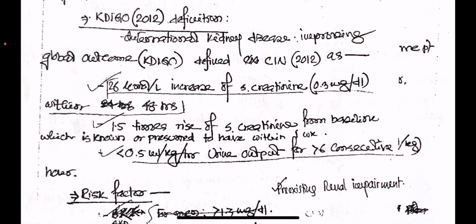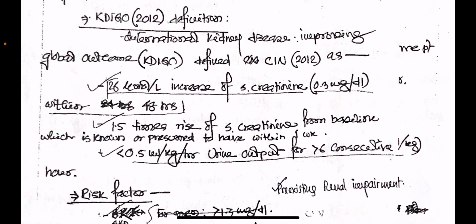The Kidney Disease: Improving Global Outcomes, KDIGO, defined contrast-induced nephropathy as a 26 micromole per liter increase of serum creatinine, that is 0.3 milligram per deciliter, within 48 hours, or a 1.5 times rise of serum creatinine from baseline, which is known or presumed to have occurred within 1 week, or